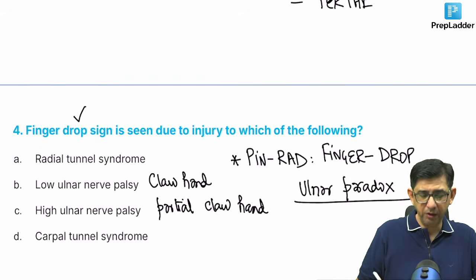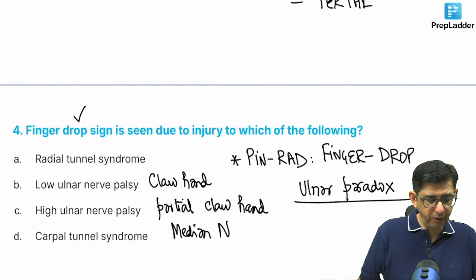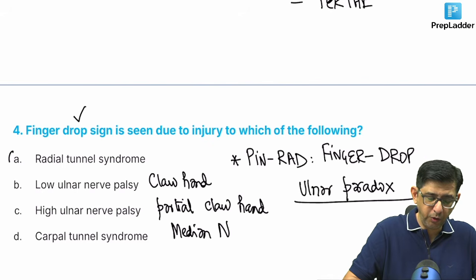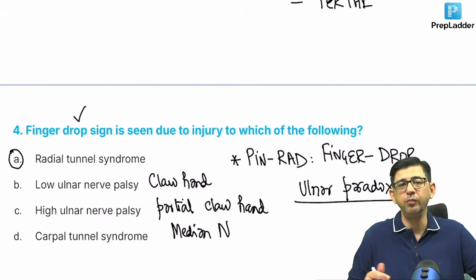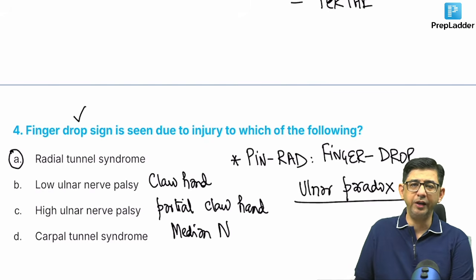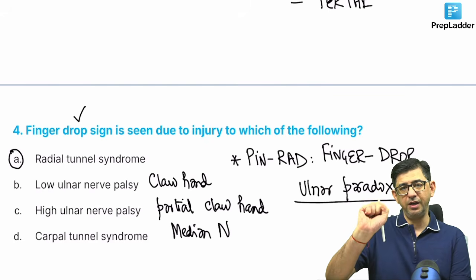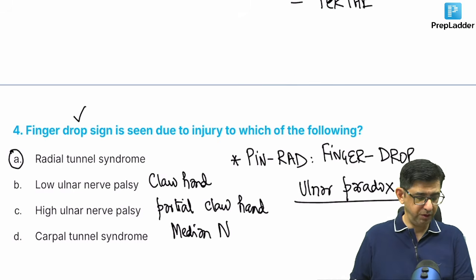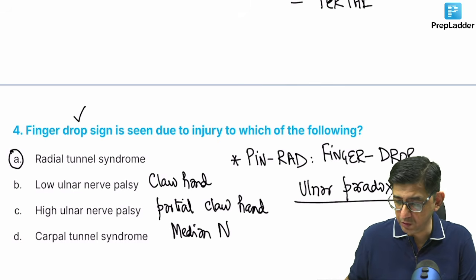And then carpal tunnel syndrome, I'll incorporate a question on the same. Subsequently, that would be involvement of the median nerve. So the answer to question number 4 is option number A. Instead of wrist drop, the question was slightly modified as a finger drop sign. The learning point is extensors related to the fingers. Extension activity related to the fingers is the one which is getting compromised here. So fourth is sorted, guys. The answer is option number A.